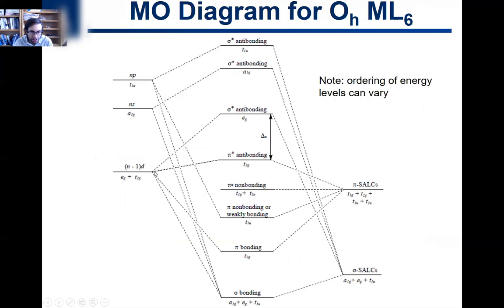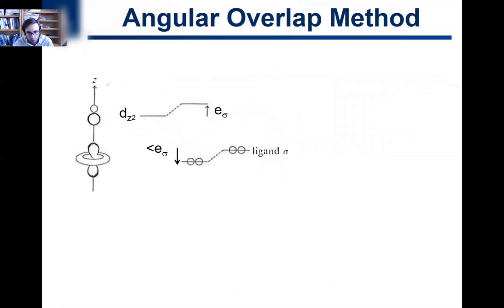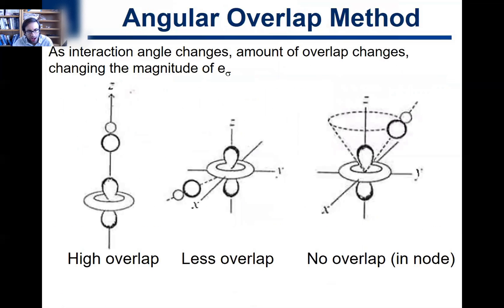E pi is going to be negative, and this orbital is actually going to decrease in energy. So this is how we're going to quantify the strength of pi bonds and the strength of sigma bonds, and show how this corresponds to the overall energetics